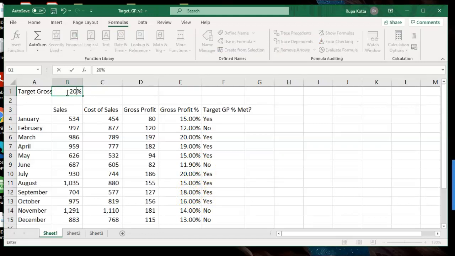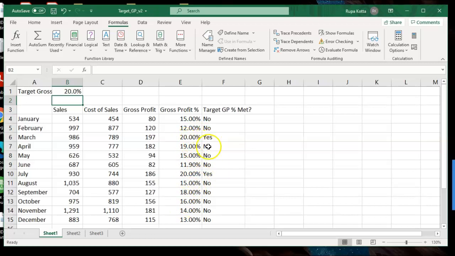As soon as I change that here, your formula answers should also change. Now you can see everywhere it is less than 20%, it is saying no, and where it is 20 or more than 20%, it is saying yes. So the target has only actually been met 2 times, and in all the other months the target has not been met. So that is the use of your if function.